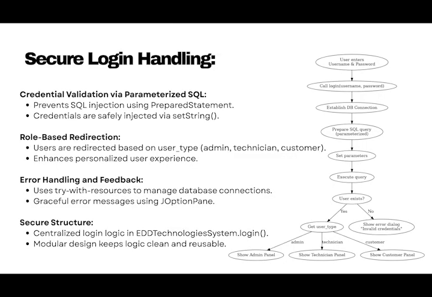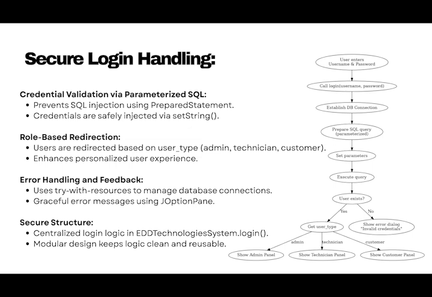Now for secure login handling, we implemented multiple security layers. First was credential validation with parameterized SQL. Second was role-based redirection. Third was error handling and feedback. Fourth was secure structure. On the right, the flow diagram visualizes this process from user input to role-based panel loading